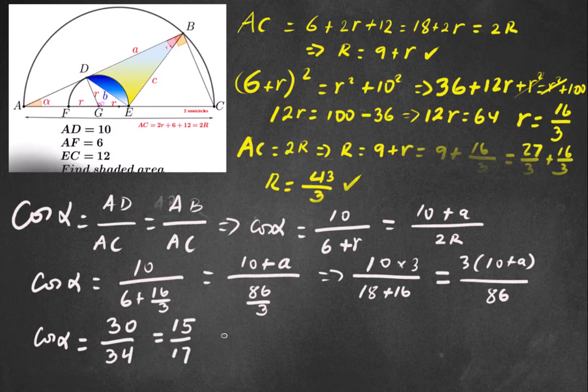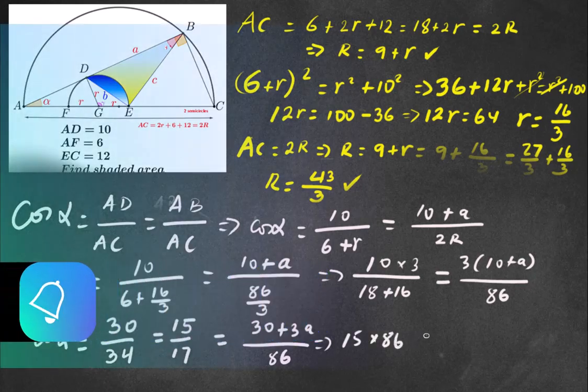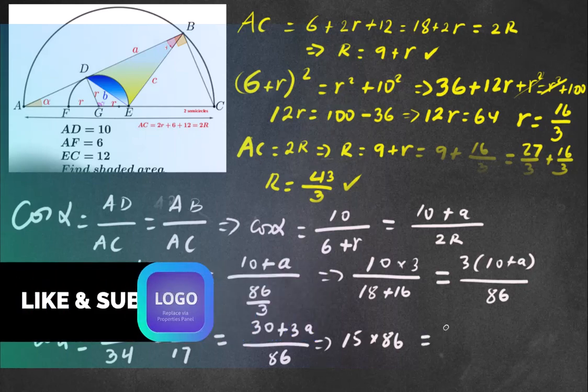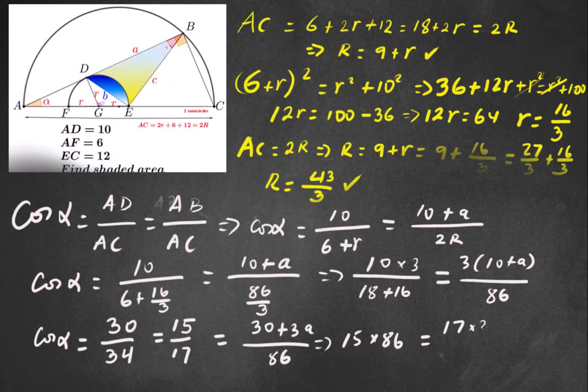Which is now equal to 30 plus 3A over 86. Now comes our cross multiplication, which is 15 times 86 is equal to 17 times 30 plus 17 times 3A. All right. Oh, we are getting there. Okay. So once we have A,